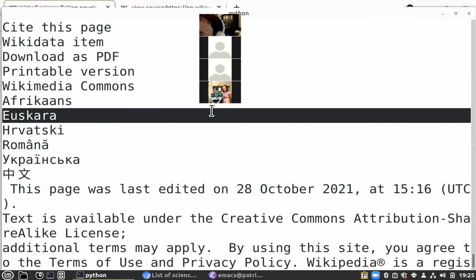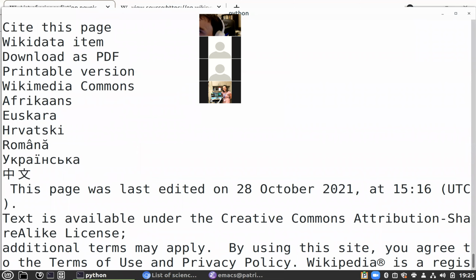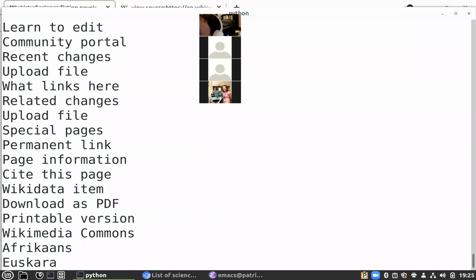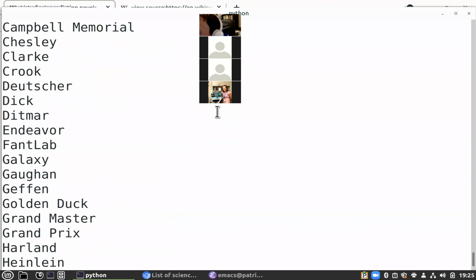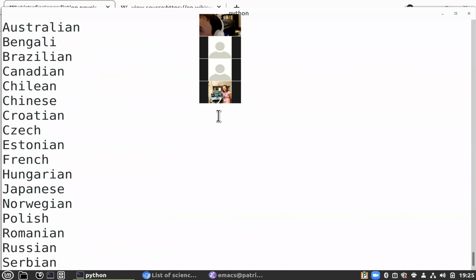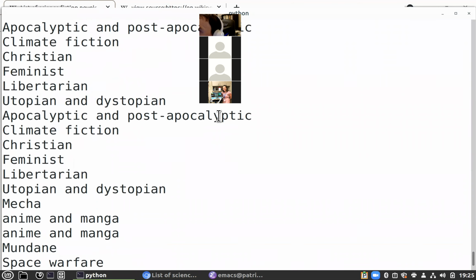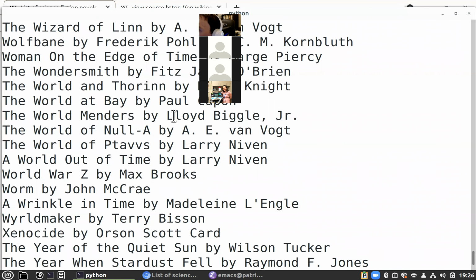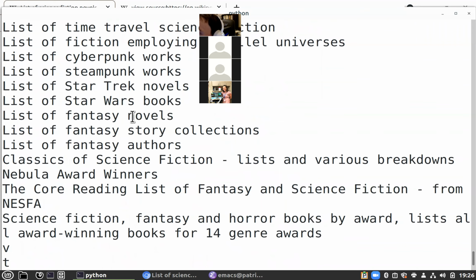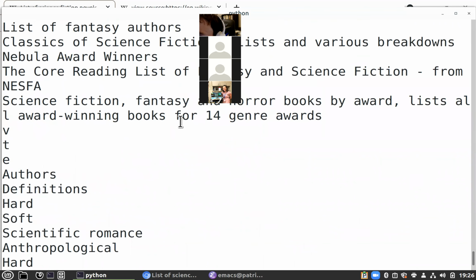And if you scroll further up, you see things like a lot of links here. It's a bunch of Wikipedia stuff. Hyperspace. There's a lot of topics. Tokusatsu. These are, okay, these are the actual books. And then if you see down here, you would see